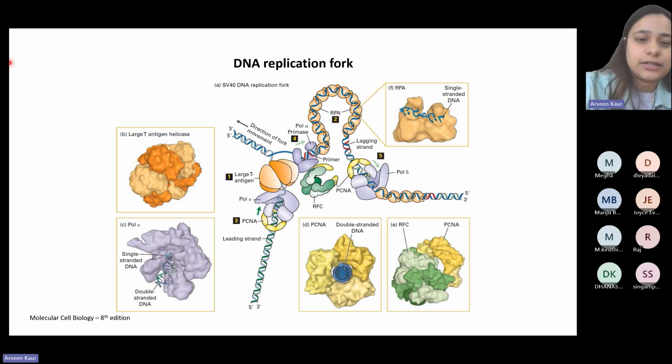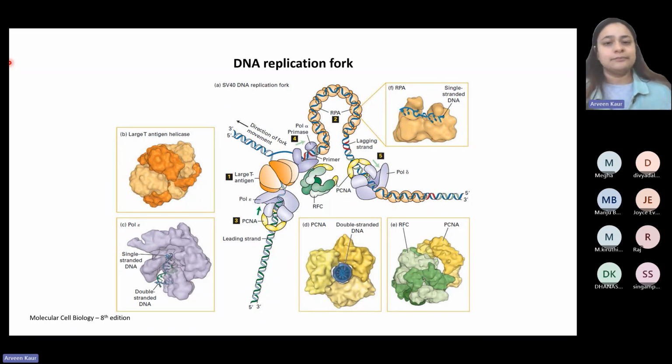Then this is again a recap from what we have already studied in our lecture series that was given by ma'am, right? So what are we looking at? It is a very, very complex diagram if we look at all of it at once. But if we break it into parts, like the parts that have already been assigned, the numbers that are present, 1, 2, 3, 4, 5, right? We will look at it in that order only.